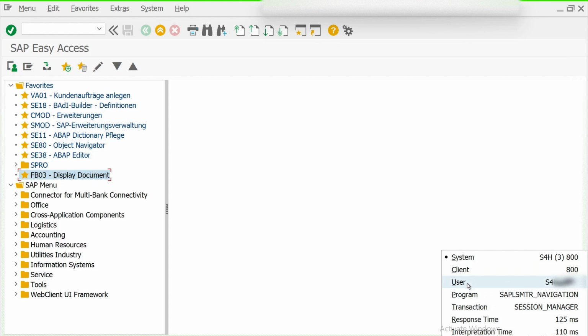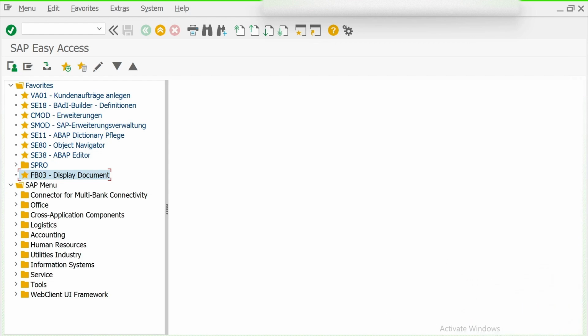But in the recent versions of SAP, like SAP GUI 2023 and 2025, this particular status bar has been removed. You won't be able to see any of this part here. So for that, what we can use, I have already shown you under the system.